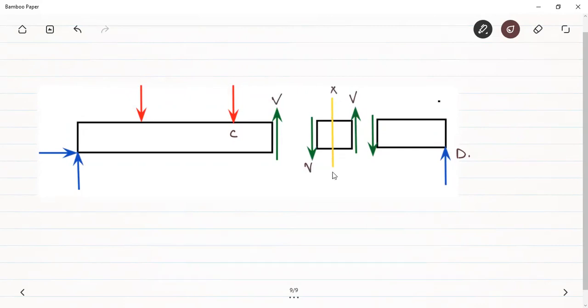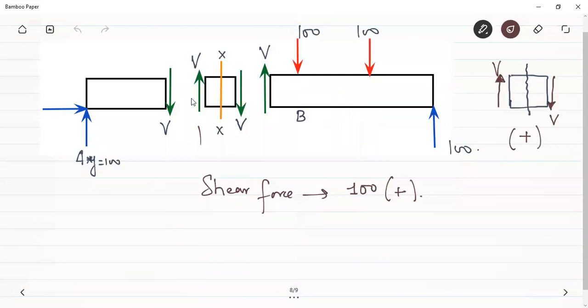Now see this element. This is the section XX. Towards the right hand side of the section, I have taken an element. Towards the right hand side, the shear force is upwards, isn't it? And towards the left hand side, the shear force is downwards. Now we don't have to see the other parts of the beam for the sign convention. We have to just focus on this element. So this kind of shear force, if we take an element, will be a negative shear force. Vice versa of the previous element. In the previous element, towards the left hand side upwards and towards the right hand side downwards, that was positive. You have to just remember this only one figure, you will be thorough with this.